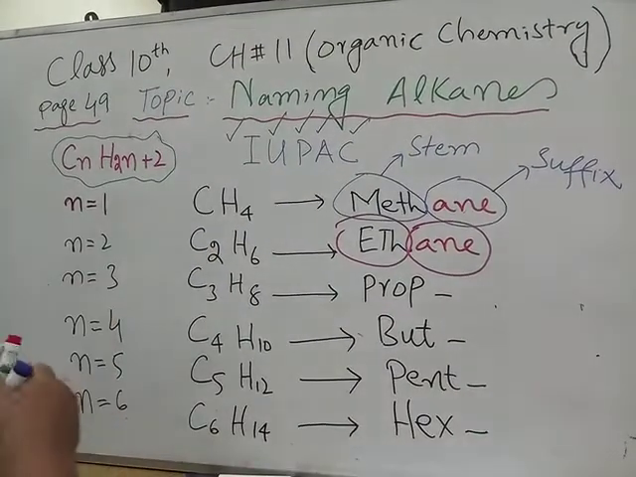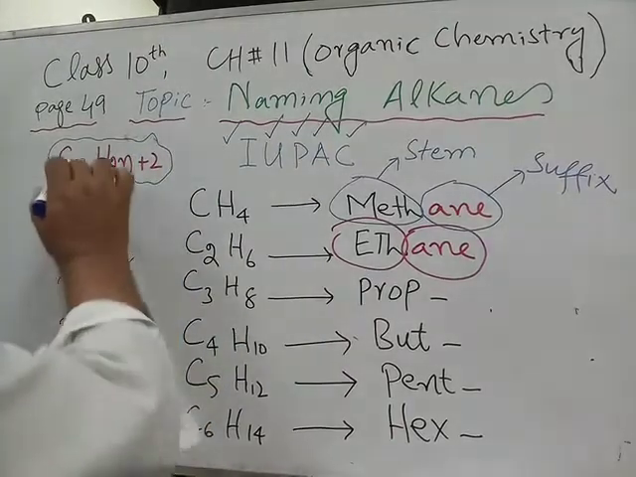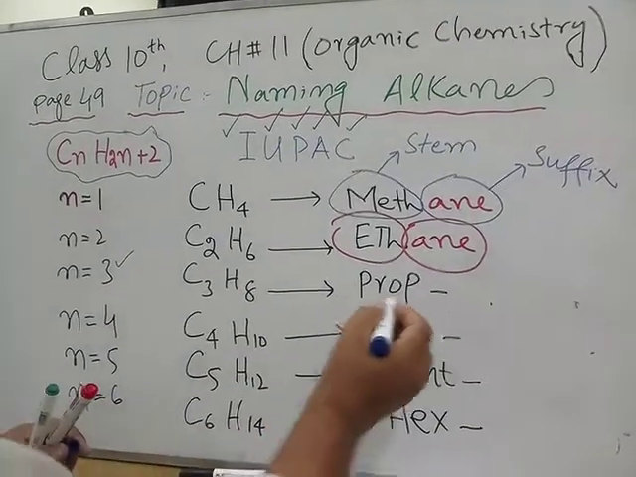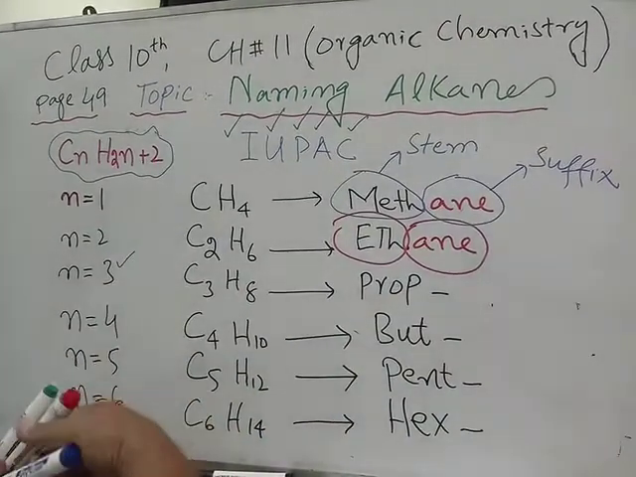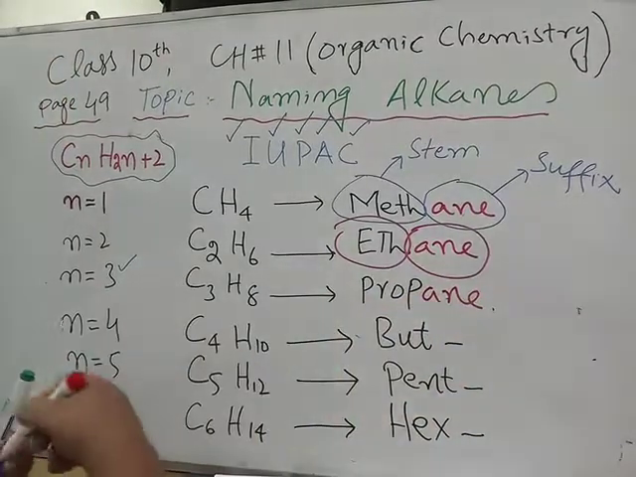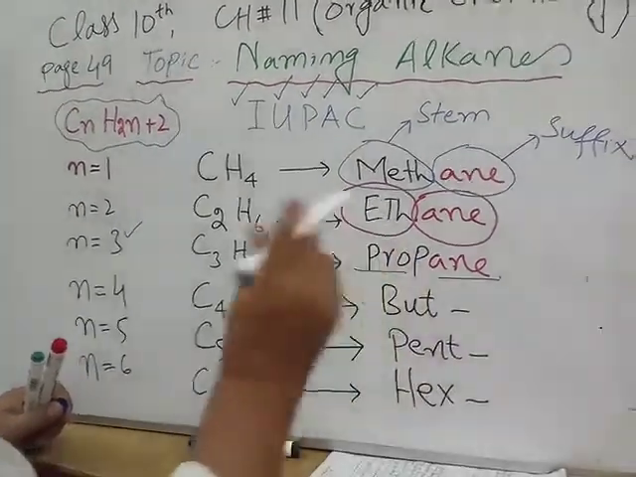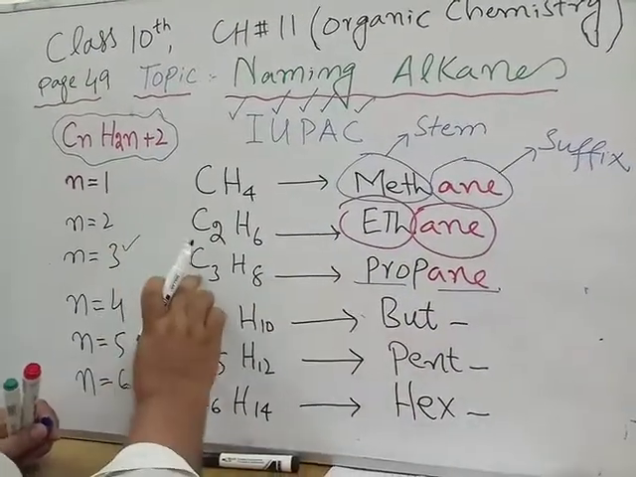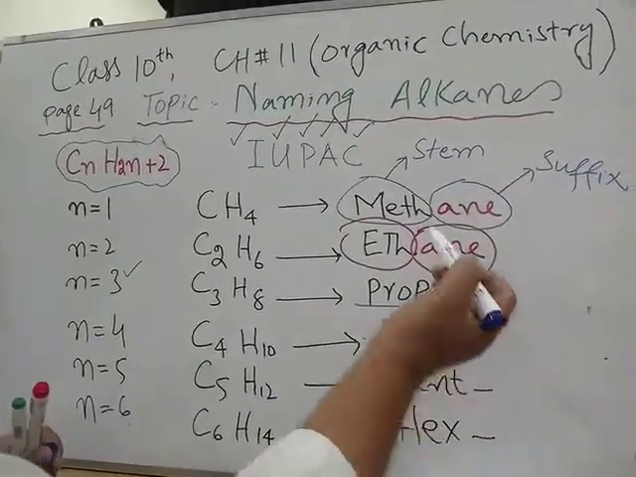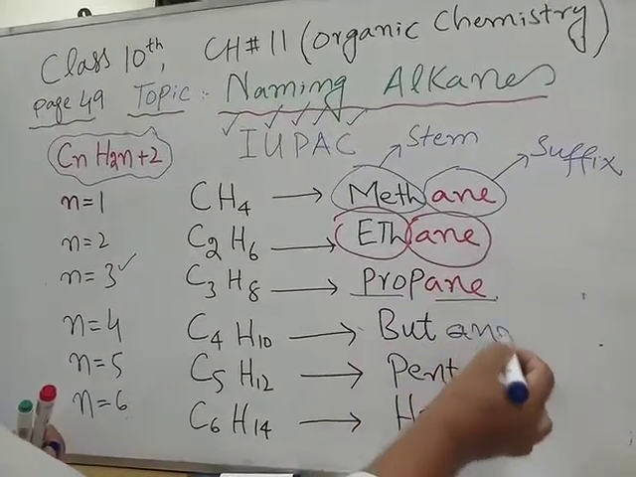Similarly, if I put n equal to 3 in this formula, we will get C3H8. We will write it prop here again, and it will become propane. Again, this is the prefix part and this is the suffix part. Prop means 3, it has 3 carbon atoms, or n equal to 3. And ane represents that this is an alkane, so this represents the class. Similarly, butane, pentane,